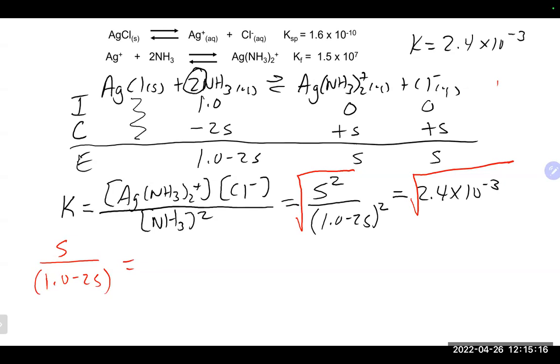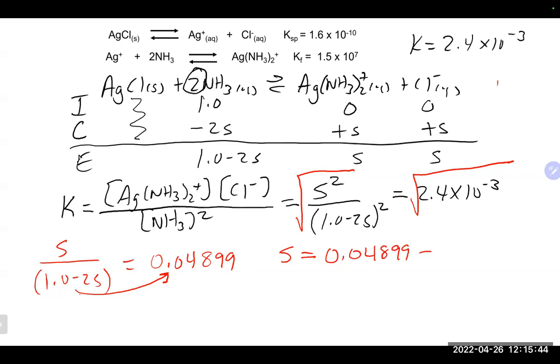So we're going to square root the 2.4 to the minus 3. And that gets us something like 0.04899. We're obviously going to multiply this entire thing to the other side. When we do that, we get s is equal to 0.04899